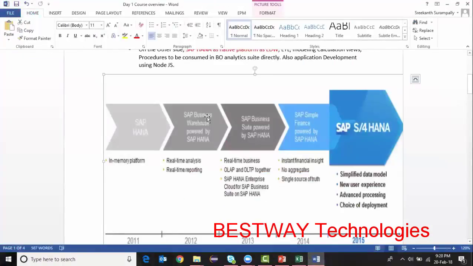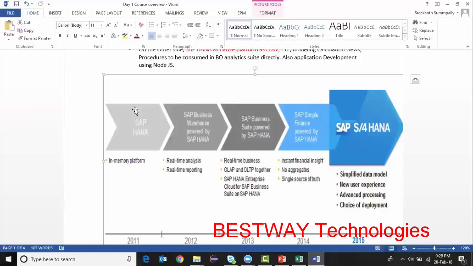I've got this picture which shows the roadmap of SAP HANA for the last 5 to 6 years. You can see from this picture that in 2011, SAP HANA was introduced as an in-memory platform. Primarily it is a database, and initially it was offered to the business warehouse customers, SAP BW customers. So the customers who have BW on any DB can be migrated to BW on HANA and can leverage all the HANA capabilities to the full extent, in terms of reporting performance as well as real-time analysis of planning